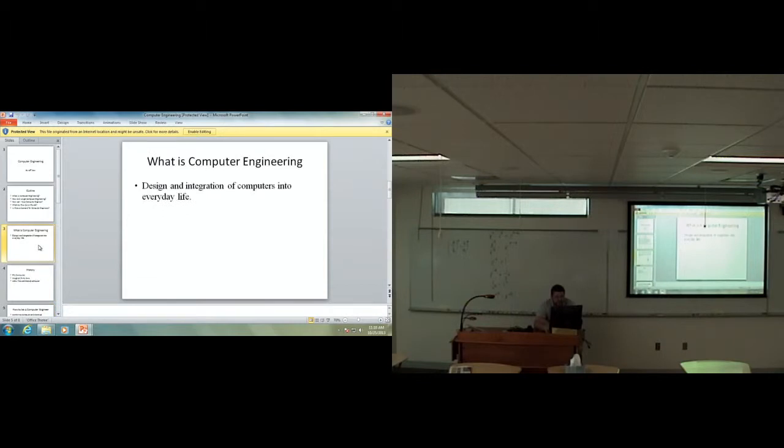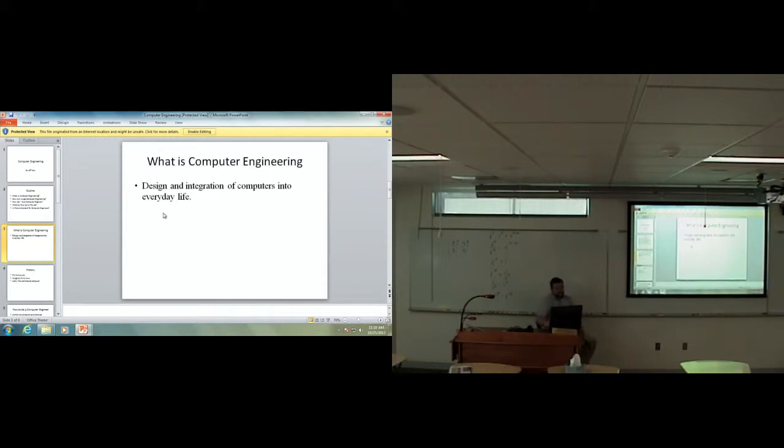It's pretty sparse though. Notice that right here is what is computer engineering, and he has one bullet point and then one little thing that computer engineering is all about. It turns out that there are a lot more things that computer engineering is about, but if you're only going to have one thing, don't put it in a bulleted list. You don't want to make a list with these little bullets if you only have one thing. Make it some kind of statement. Also, it's a good idea to include some visual